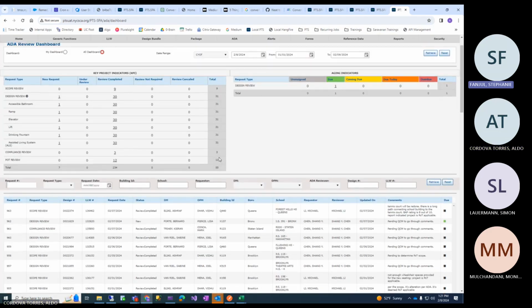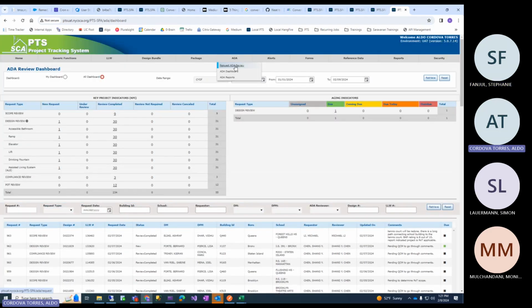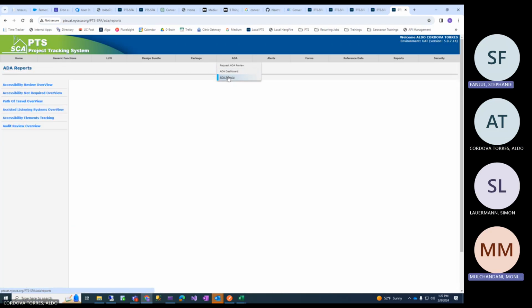Gano was on this. So on the first tab, they'll be creating a new request for ADA, and then the reviewer will only have access to the dashboard, and they'll be accepting or rejecting that request. Correct. And they'll complete their review. Okay. And then the reports. Let me see. Reports is fine, but they're just outputs. Yeah, they just run. These are the